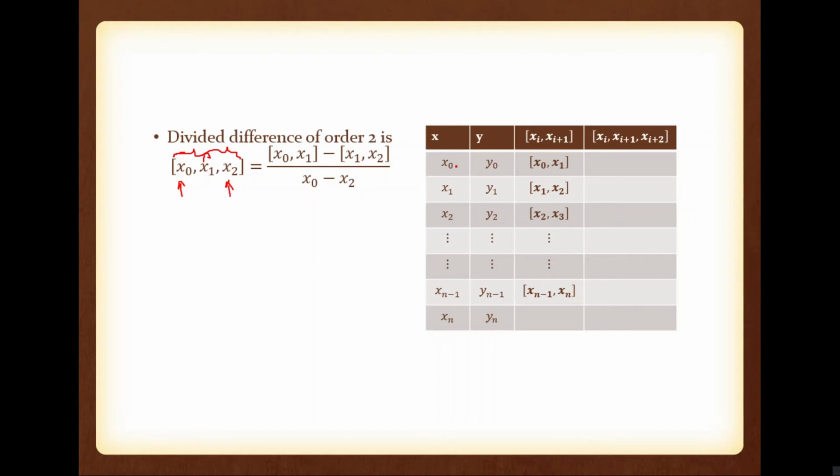Means if x0 is 1, x1 is 1.1, x2 is 1.2, say y values 4, 5, 7. Okay, for convenience we can take x2 as 1.3: 1, 1.1, 1.3. So you can see that this is not finite difference data. Now with y values 4, 5, 7, can you say [x0, x1]?